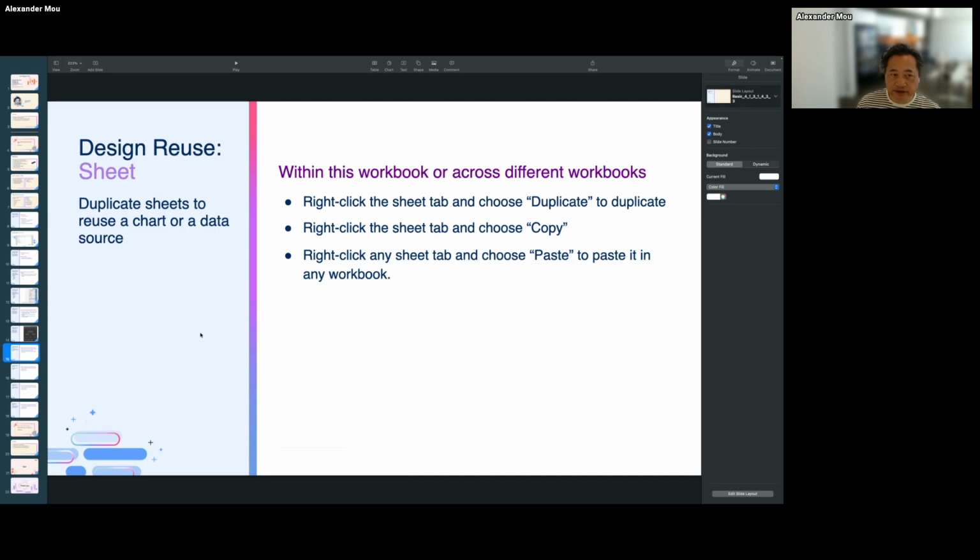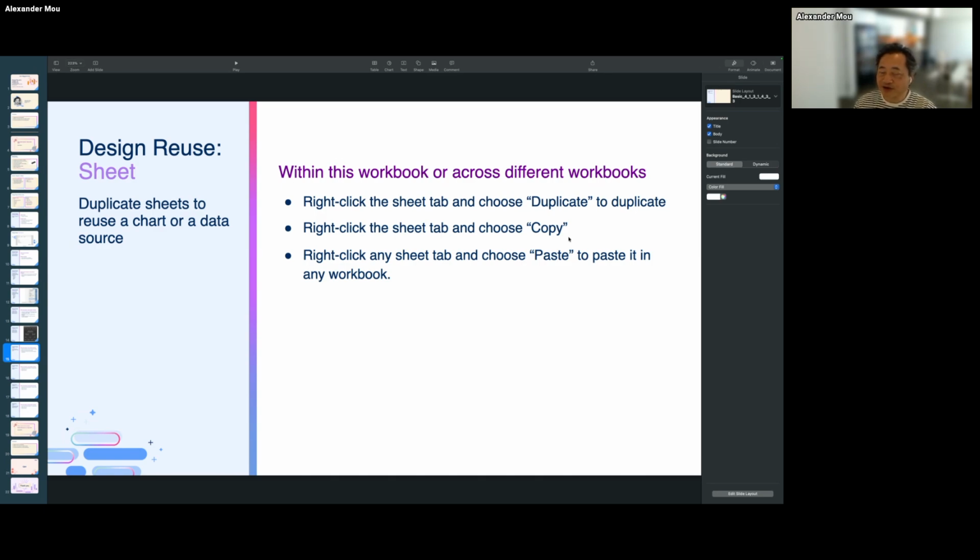So, sheet reuse. About the reuse of a sheet, we can either duplicate it within the same workbook or copy it from the sheet tab at the bottom of the workbook, and choose copy. And then we can paste this into a different workbook.